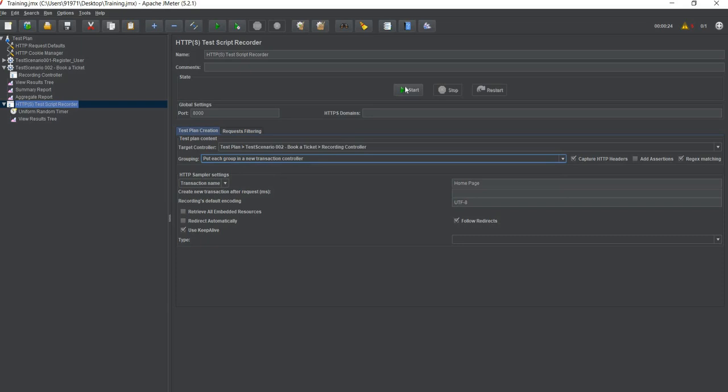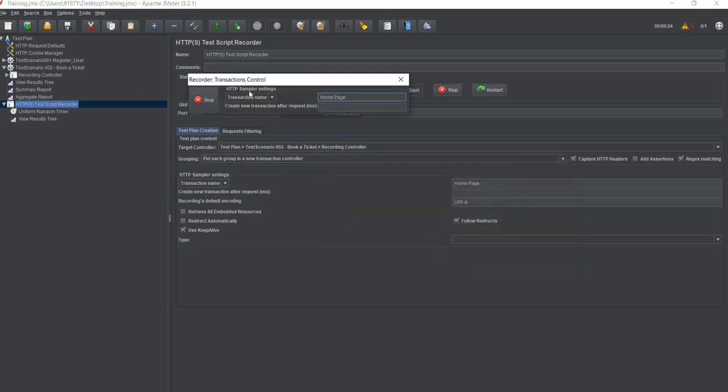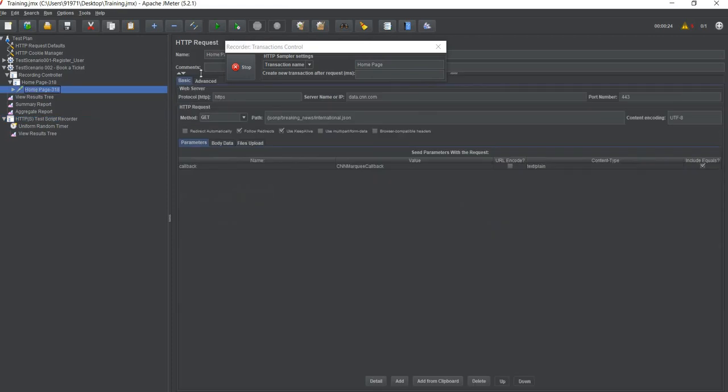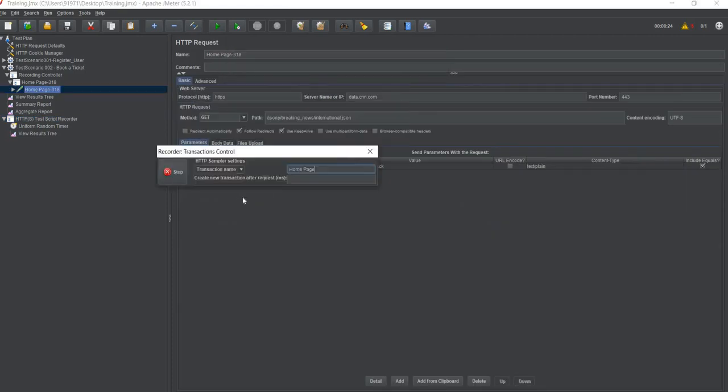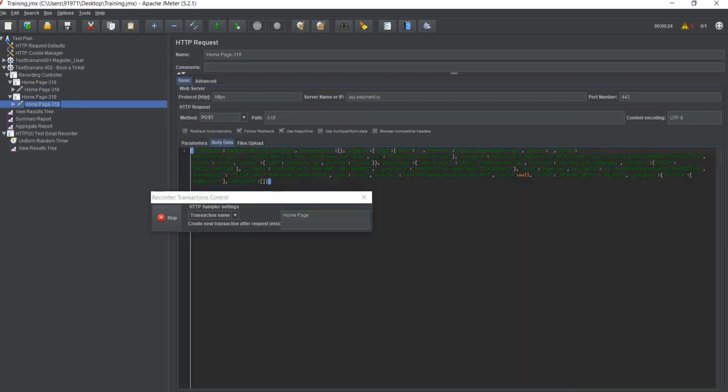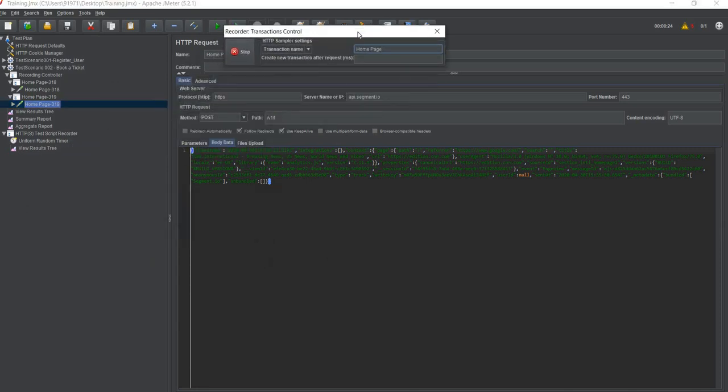I am just going and starting the server which is listening on port 8000. You see that as soon as I started the server there was a request which came. So let's go and hit this request. This request is from datacnn.com, but I did not issue any request. So how did this come? Oh, another request came. This request is from API segment IO. So we have already started getting requests, but we are not hitting anything.